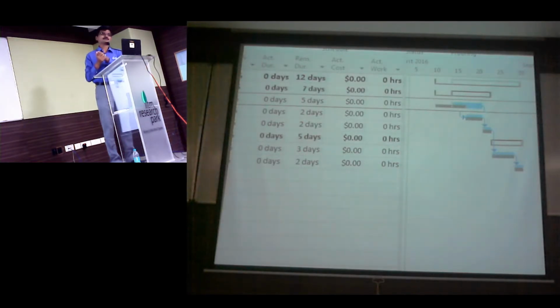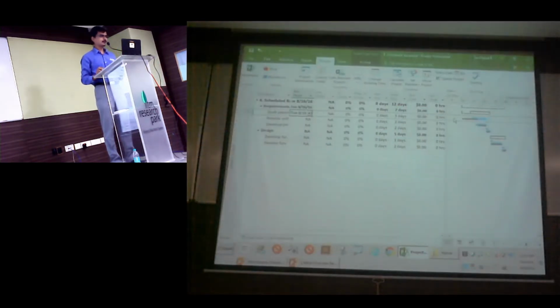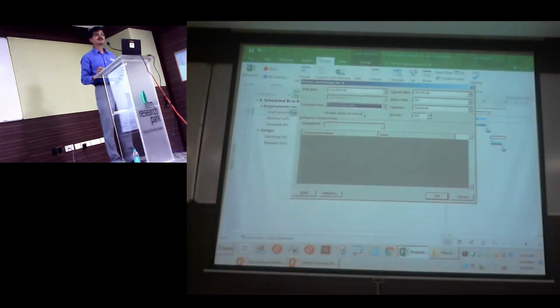Can we create the schedule backward and afterwards change it to forward? You can, at any point in time. I can go here and change it. Now, the only challenge you will have is that whatever has been baselined or planned, its constraint type will still be as late as possible only. It's only for new tasks that you are about to add, new entries, that will be scheduled as soon as possible. If that is what your expectation is, go ahead and change.